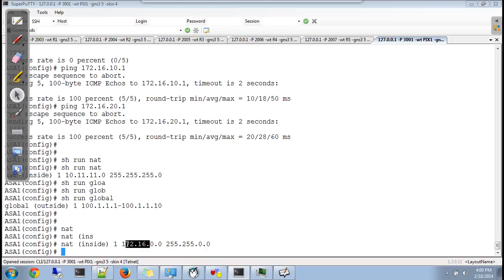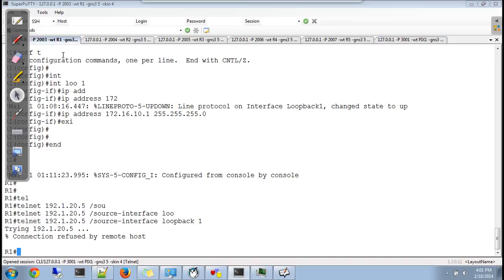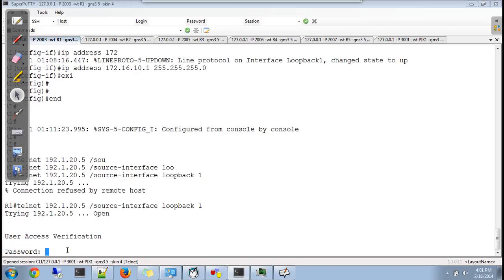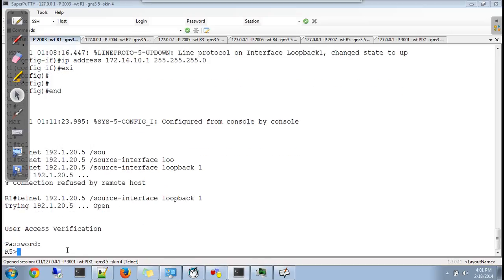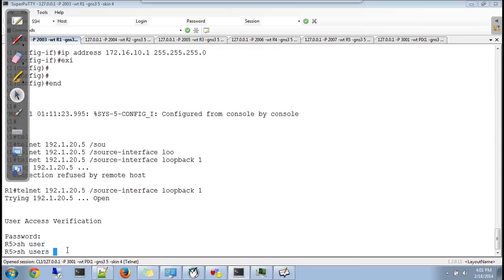It can be 172.16.10, it can be 172.16.20 as well. Anyone coming on the inside interface, let him use pool 1, let him go out. So at this moment, if you try this again, you would see you can go out. And if you check, again you have got one IP address from the pool.